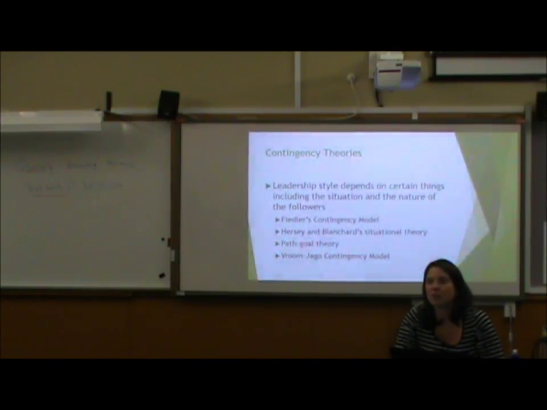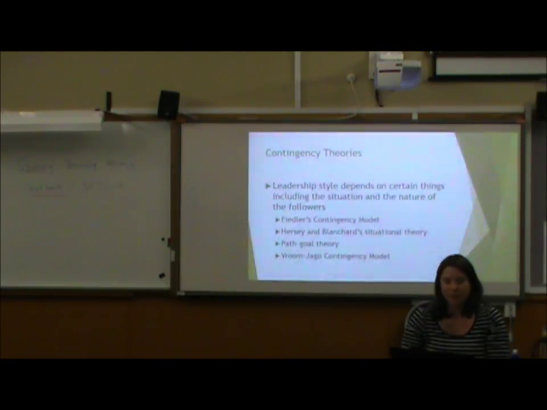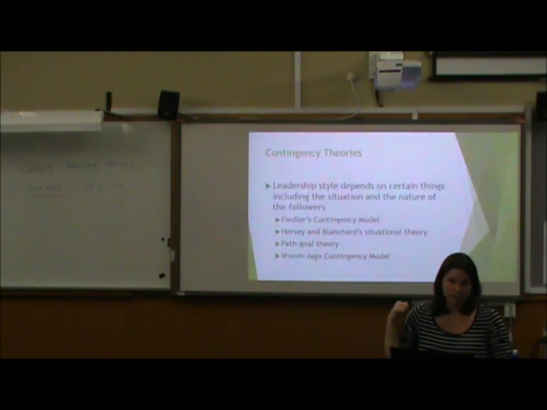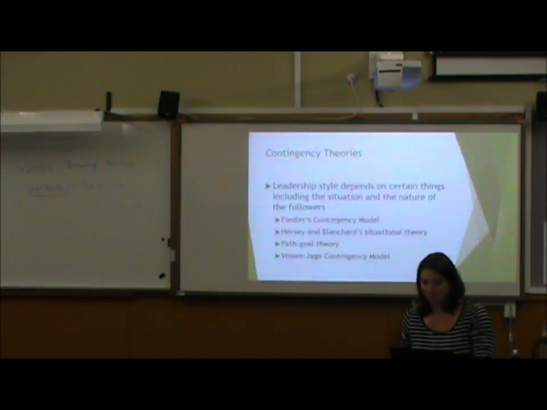And yet, if you were managing the same group in another scenario, you could probably let them make some decisions and be a bit more democratic about it. So there were quite a number of, and we covered all of these in organisations and management. Do you remember all those ones? Room Jaeger, you remember? Oh, that's one I don't remember. The other ones, definitely. Okay, probably just need to read up.